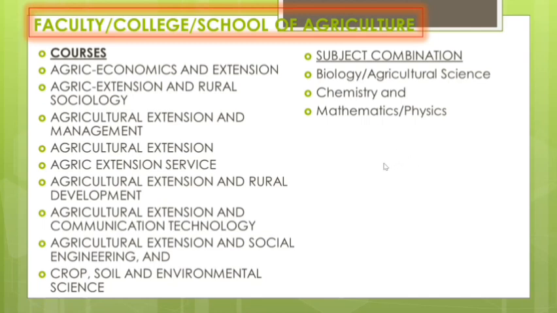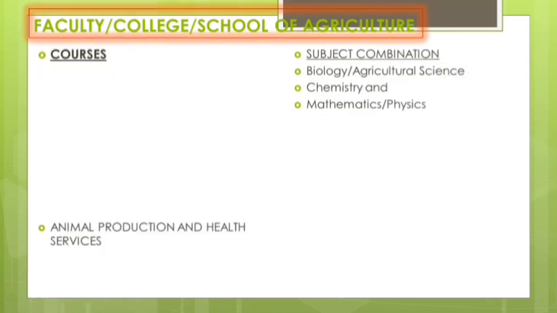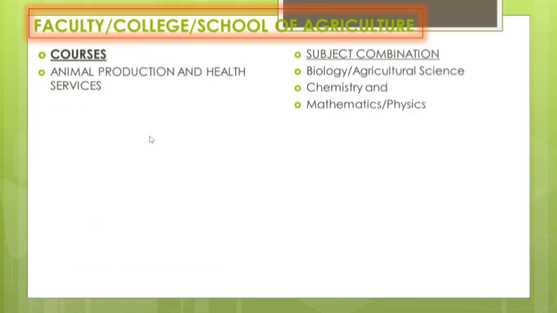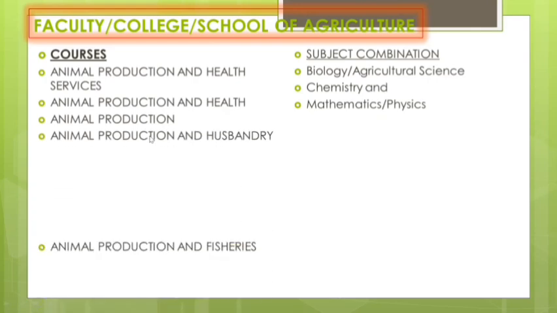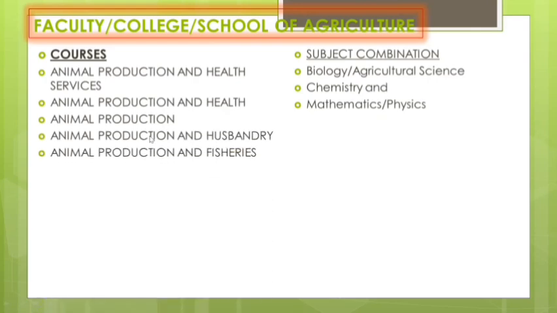Your JAMB subject combination include biology or agricultural science, chemistry, and mathematics or physics. Candidate is to pick 3 out of this, in addition to the use of English that is compulsory for all candidates. For candidates applying for animal production and health services, animal production and health, animal production and husbandry, animal production